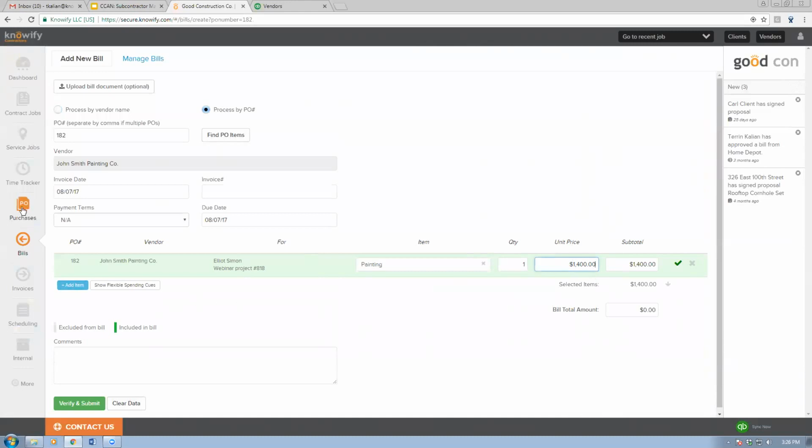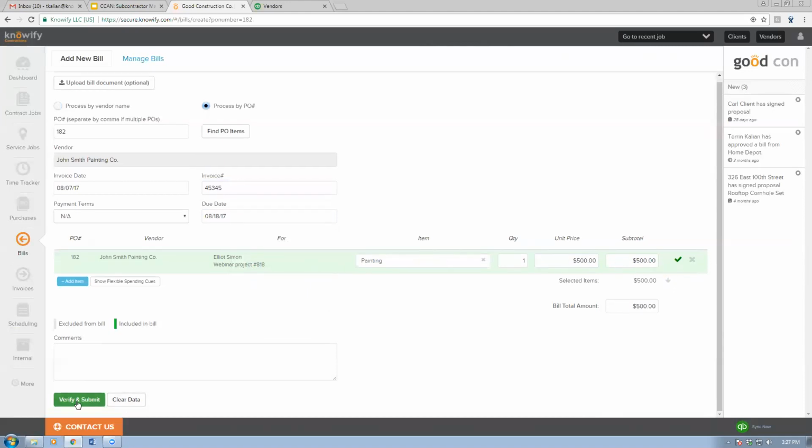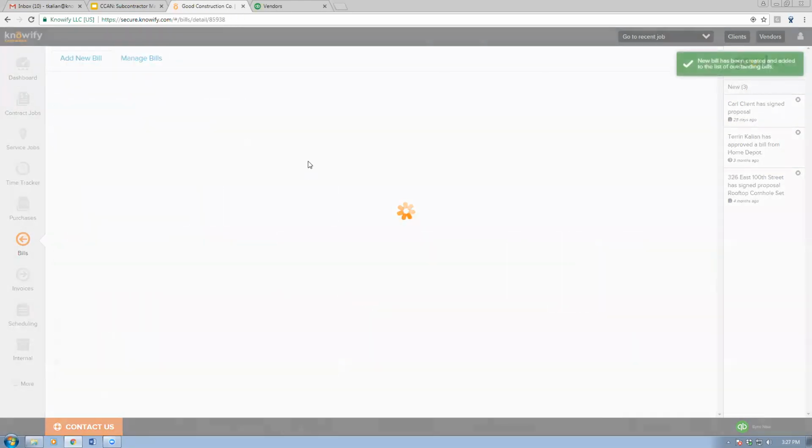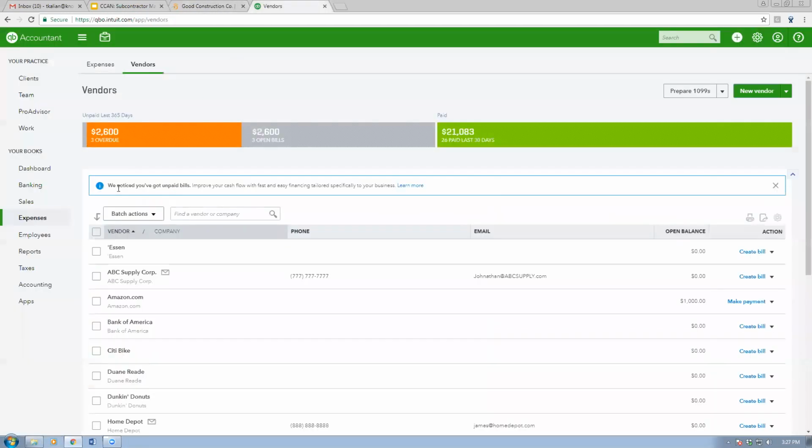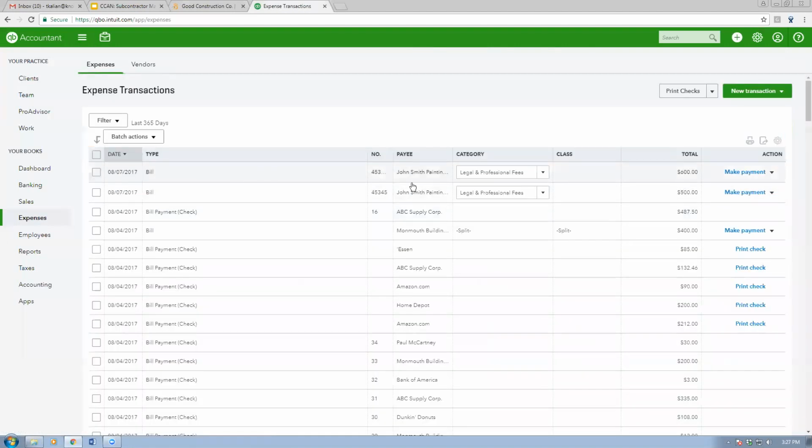I can also see that reflected in my purchases if I were to go there. But let's go ahead and log a different invoice here. This one's due a little bit later. Now I'm being billed for $500. Go ahead and submit this and send it to QuickBooks. Now, here's one place that the bidirectional sync with QuickBooks is always going to come in handy. If I go to my expenses, I can actually see that I'm going to have 2 outstanding bills with John